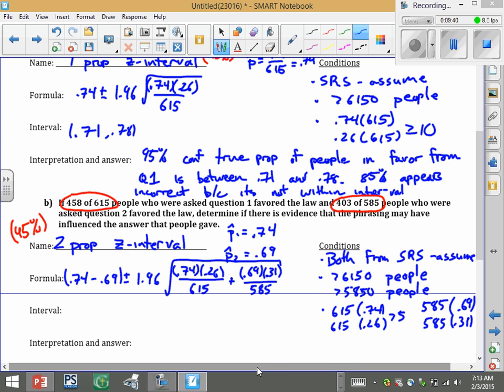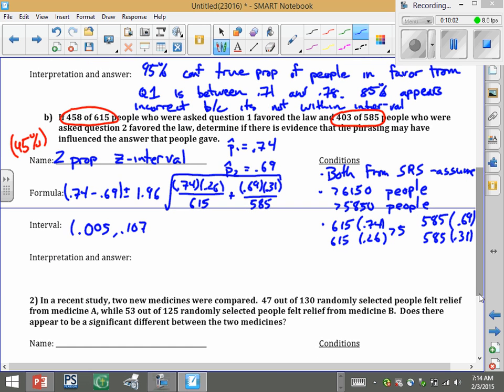And so finally, we go into the calculator. We're going to run a two-prop Z interval. So x1 is 458, n1 is 615, x2 is 403, n2 is 585. Confidence level 95, so the interval is 0.005 to 0.107. So here we go. We're 95% confident